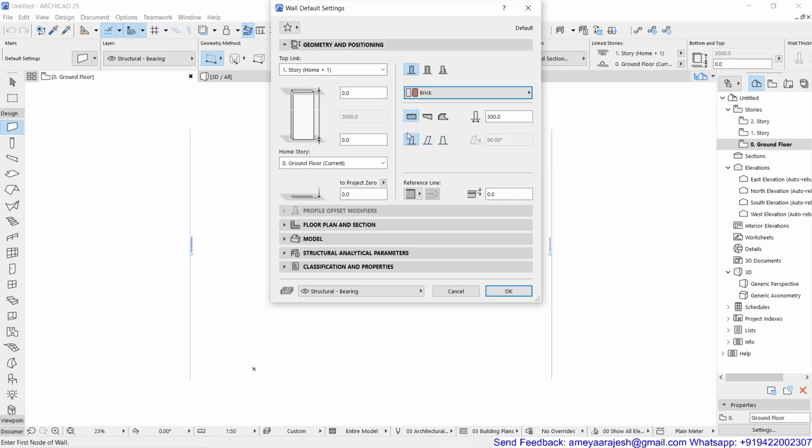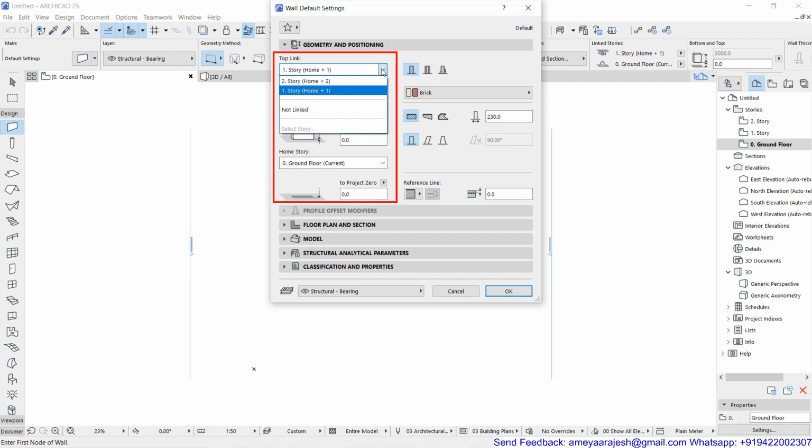And by keeping these two things, now you have to talk about the thickness of the wall. So I'll place this as 230 millimeter as my wall thickness. Okay. Now you have to talk about the height of the wall. Remember, at present the wall height is an inactive field. The reason is that the top link, that is the wall top, is fixed or linked with the next floor. Then you will see how about this floor system. We have not studied anything yet. So that's the reason I'm saying don't worry, just do this setting as I'm showing.